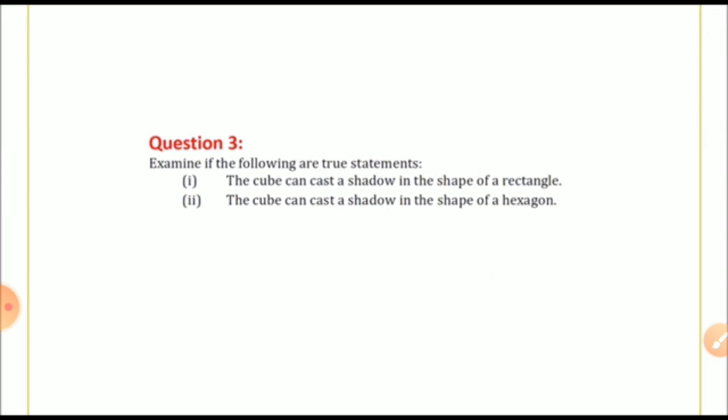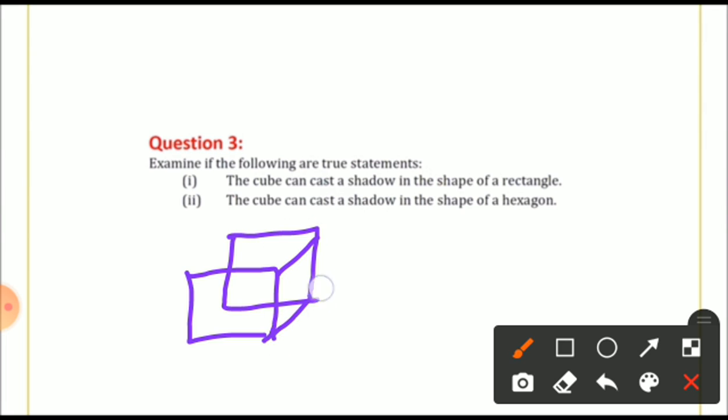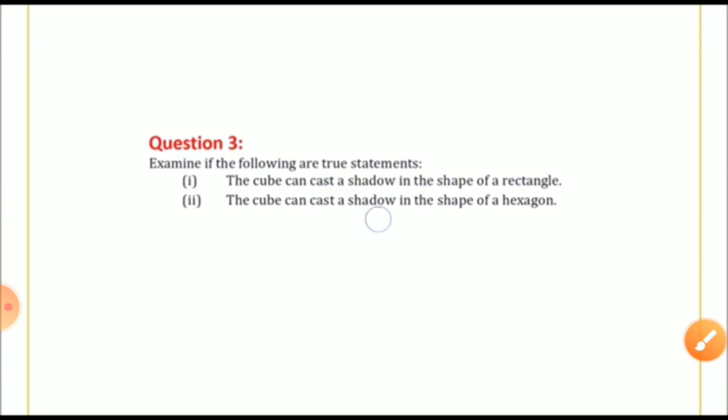My dear student, do you know what a cube is? Yes, the cube shape should be like this. Once again I am trying to draw and show you how to make a cube. Is it better? Yes, this is the cube. The cube is kept in front of a torch. Suppose this is my torch. It is giving light from this side. And here you can get the picture of the answer. Sorry, I can take it in a different way. So you can get the answers for this one.